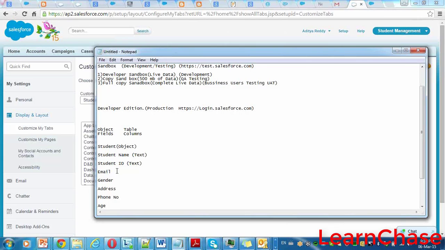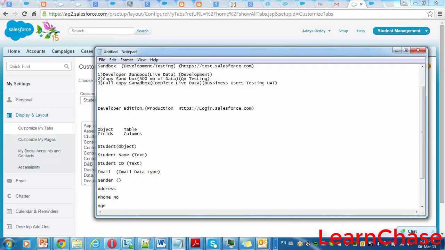We need to code the validation for this. How much time will it take to code the validation for satisfying all kinds of emails? It will become a project. For that, Salesforce provided one email data type. For storing emails, you can use the email data type.